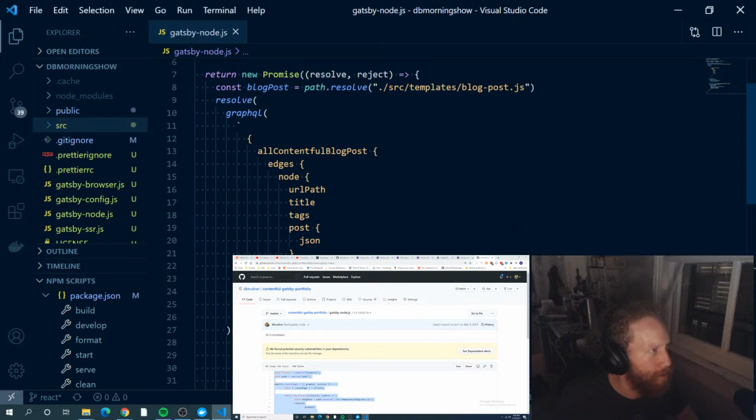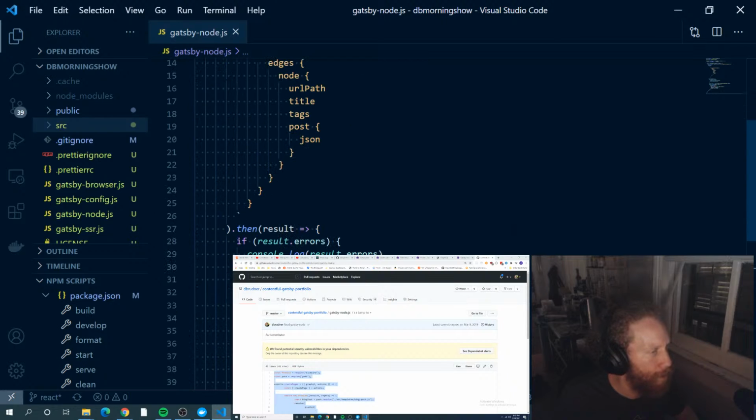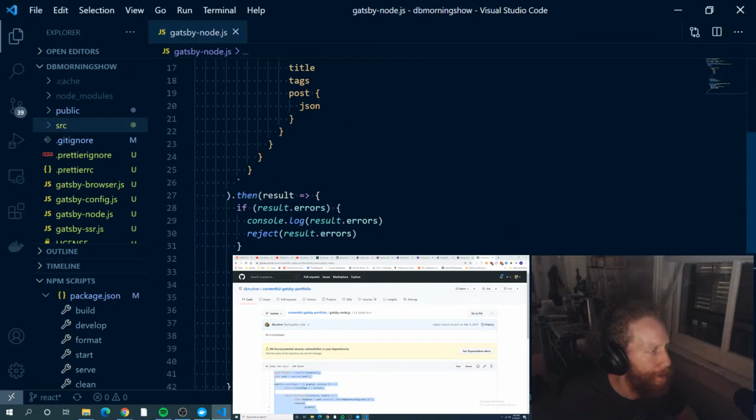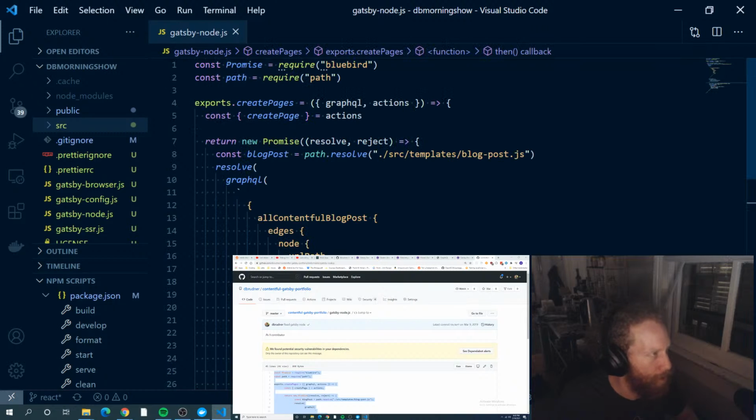Okay, I see how this is going to work. It is a little slightly more complicated than I thought it'd be, but it's all right. But